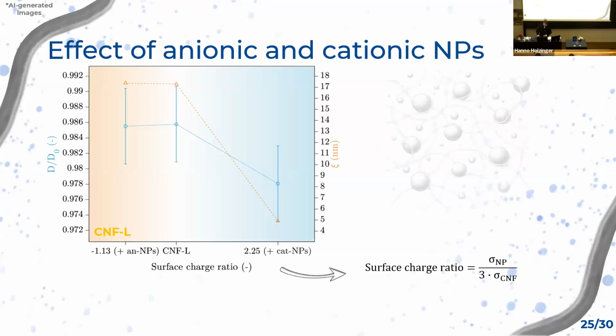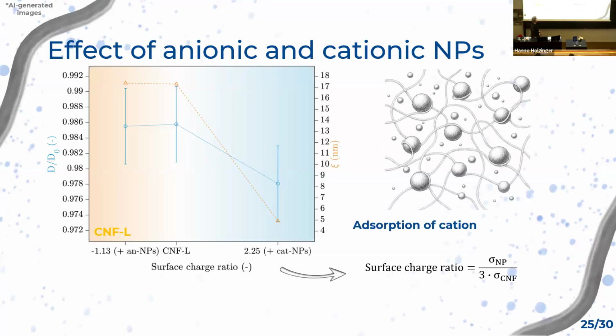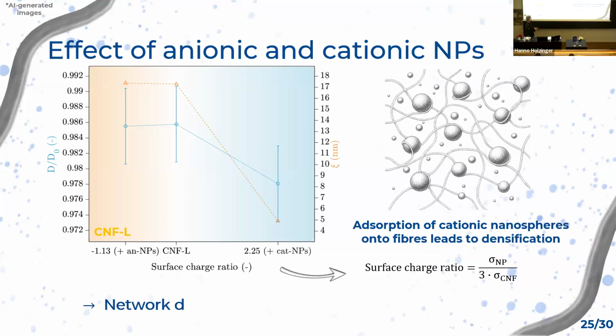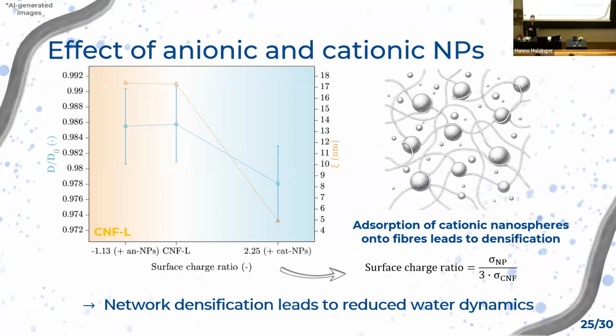interact with each other. This behavior we interpreted as the absorption of the cationic nanospheres onto the fibers. So they start to act as connection points between the fibers. And the network densification then leads to slower water diffusion. That makes logical sense, but the